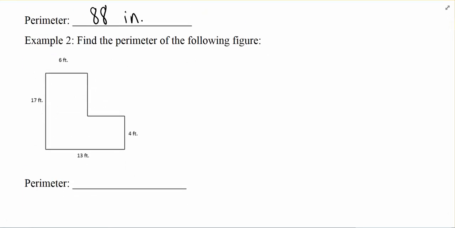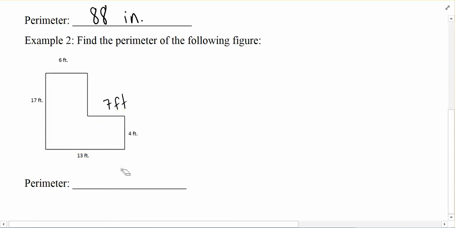Now, if we look at the next example of perimeter, this is a little bit more of a complicated figure. And also, not all the values are given to us. So this becomes a little bit trickier. But we can figure out what those missing values are fairly easily. If we realize that the entire width of our shape is going to be the sum of those values there, then we should be able to easily see that if the entire width is 13 feet, and up top I've got 6 feet, then that other missing measurement had better be 7 feet.